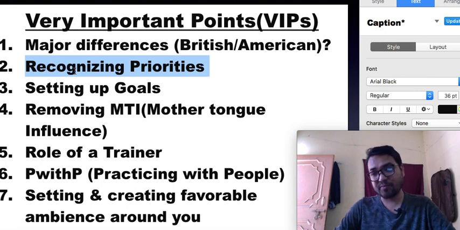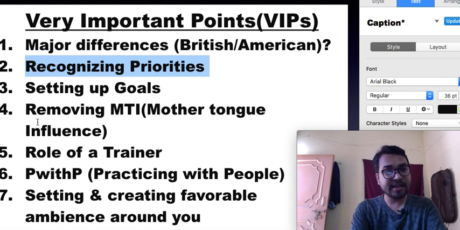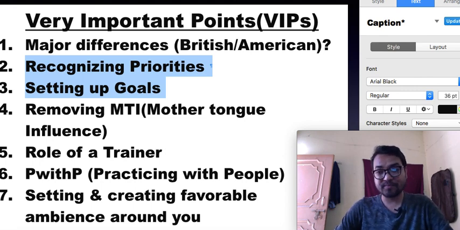once you recognize your priority, then start your journey. After that, you need to set up your goals, so there's clarity in your mind. You need to set up your goals afterwards. How much time do I have in order to make my accent better? For example, nowadays, accent is not very easy, guys. Let me tell you, because the way you speak English, the way you pronounce certain words, you have been pronouncing words since your childhood, you cannot immediately get rid of those habits.